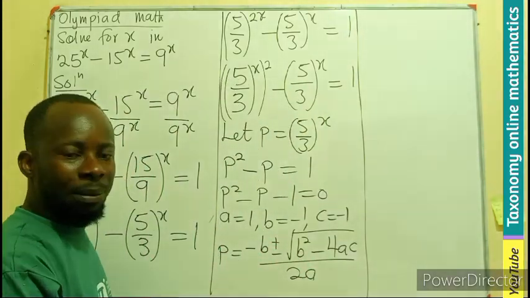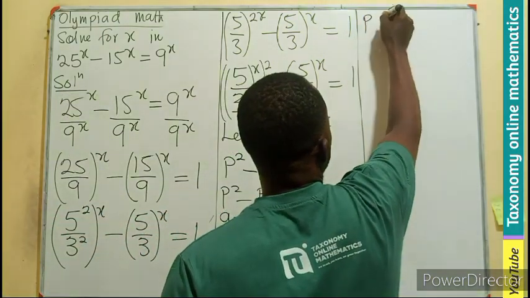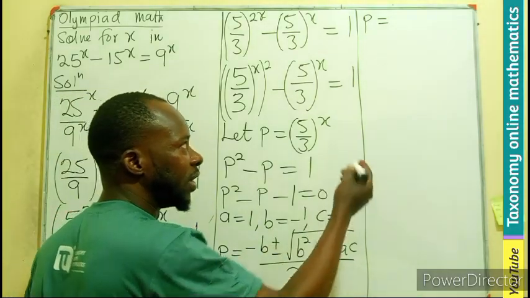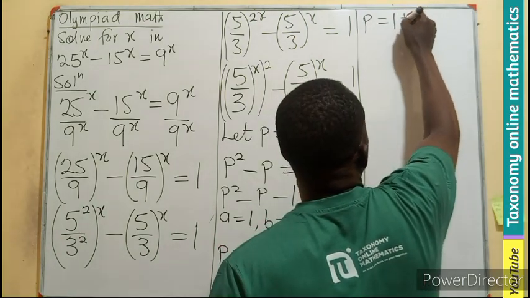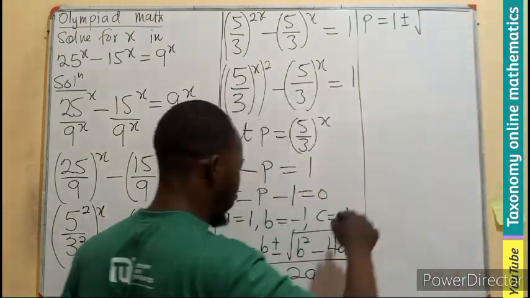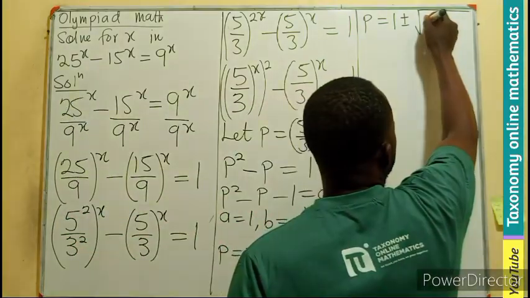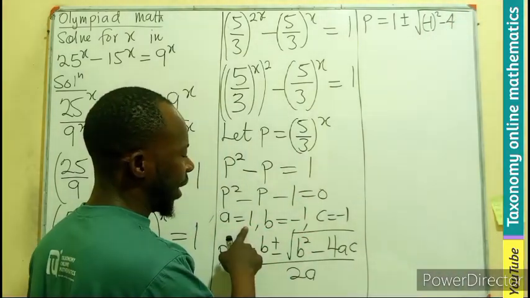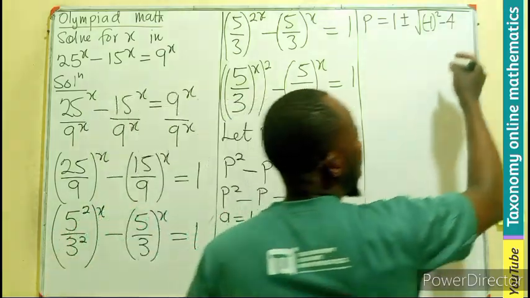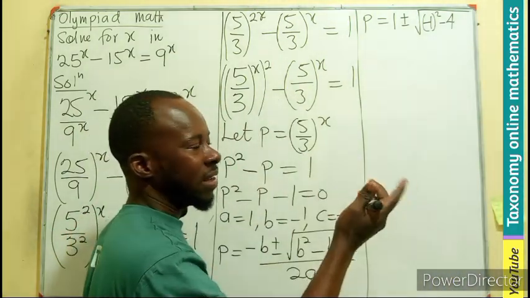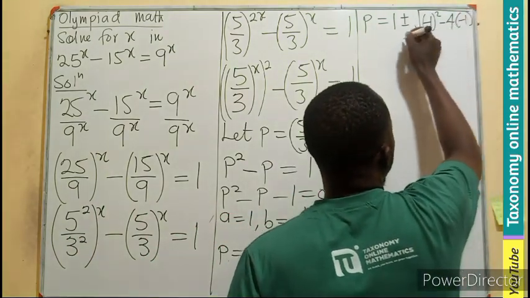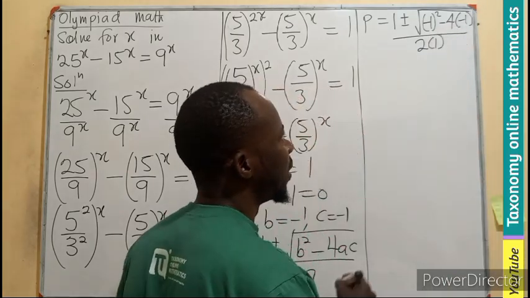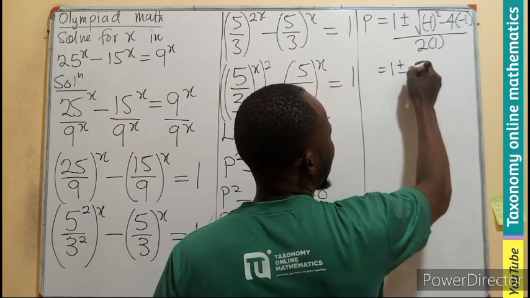So now let's do our substitution for p. So p will be equal to negative b, and b is already negative, so negative, negative, positive. So plus or minus the root of b, which is now a negative 1, all squared, minus 4a. What is a? 1. What is c? Minus 1. So minus 1 times 1 will give us a minus 1. So minus 1, divided by 2a. And our a is still 1. So fast forward, we have 1 plus or minus